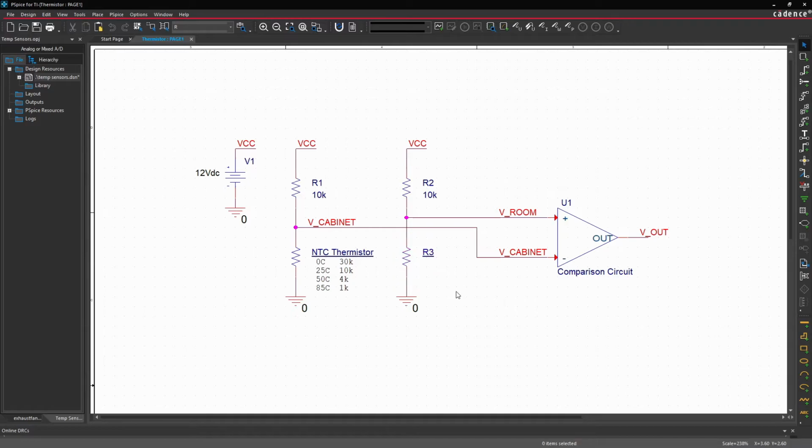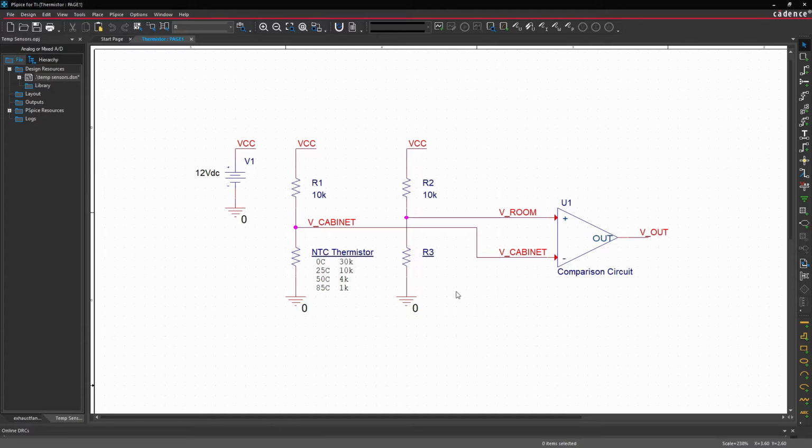temperature. For my project, I would want to have one in the room and one in the computer cabinet to compare the 2 temperatures. Just as a side note, the op-amp on the right just represents my comparison circuit. We'll get into the exact circuit design in the next video. Thermistors are a great way to measure temperature. In fact, I would have used them in my design if I didn't have an easier option available to me. You could definitely implement the exact same solution I've come up with, but just using thermistors instead of the sensor